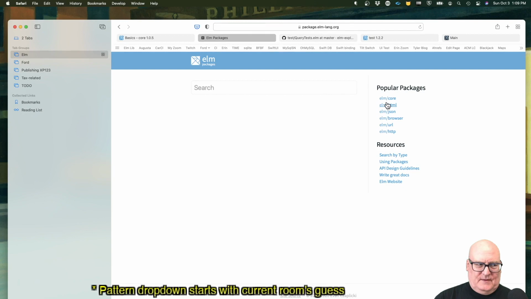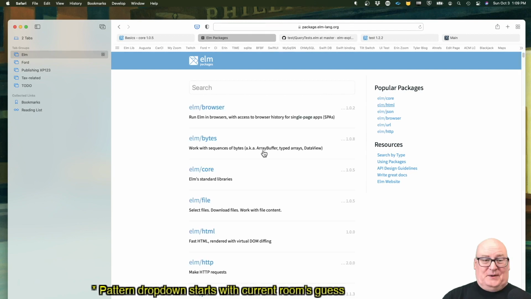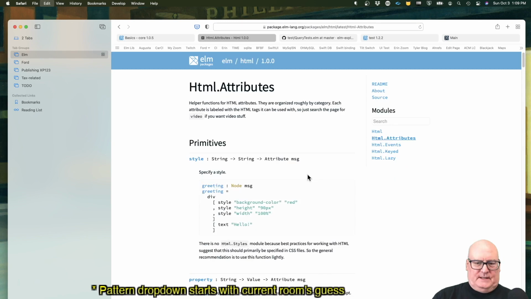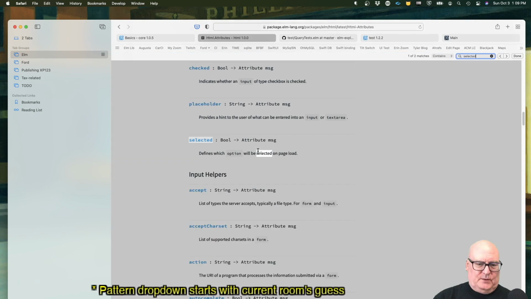I hope everything's going through. HTML, okay. And we want attributes. Let's find selected. All right, selected takes a Boolean, so we can set the attribute with Boolean for that thing true. Okay, so